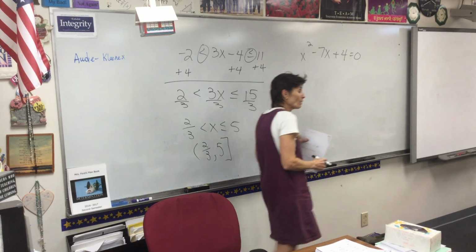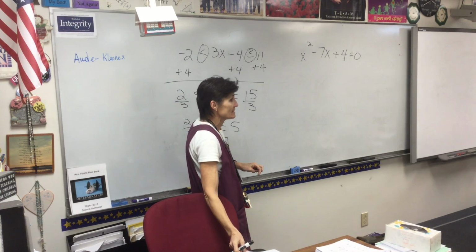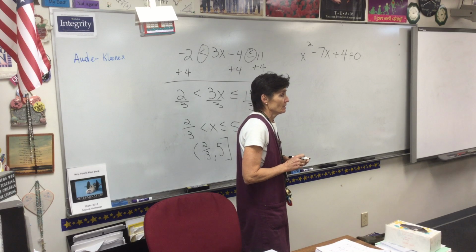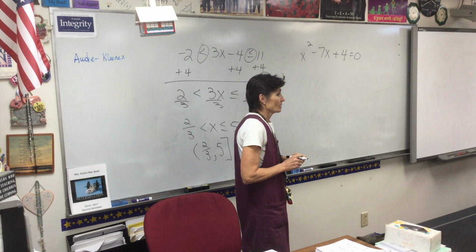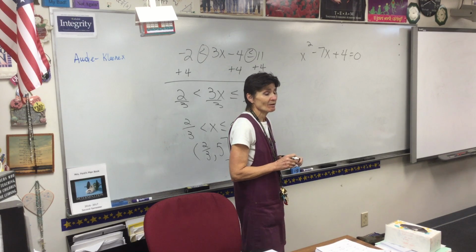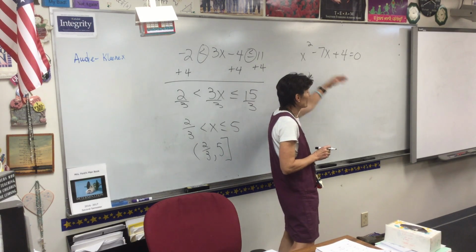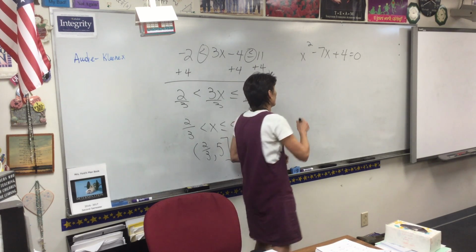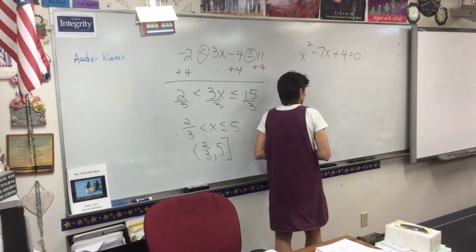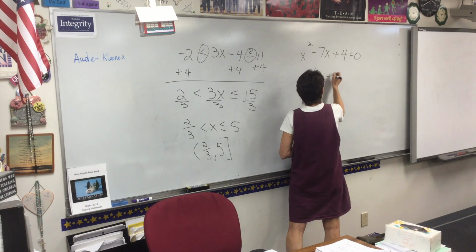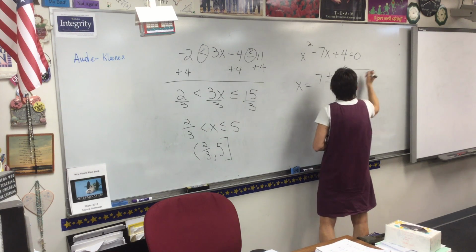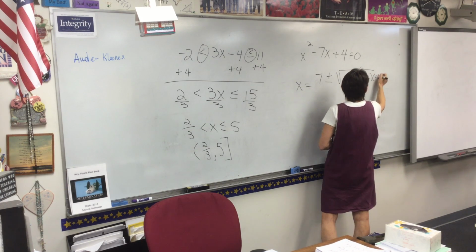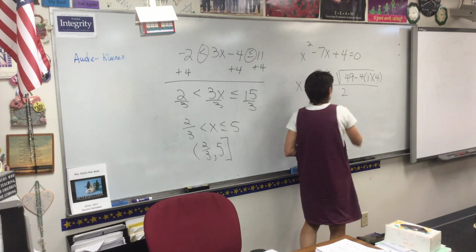All right, number 7. The exam has hard problems on it and easy problems on it. This is an easy problem. This is a quadratic equation. What do we have to do? We either factor it, complete the square, or use the quadratic formula. And given the numbers in this problem, I think it's a quadratic formula. Best choice. So, what's the quadratic formula? x equals -b plus or minus the square root of b squared minus 4ac all over 2a.